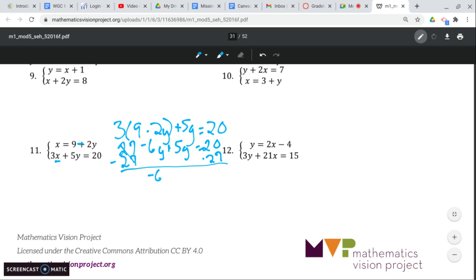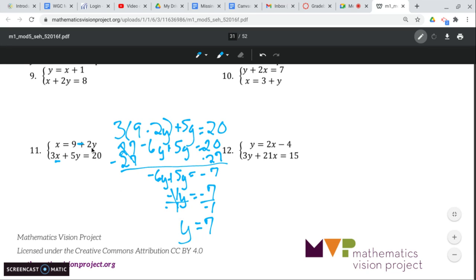So we have negative 6y plus 5y equals 20 minus 27, which is negative 7. Negative 6 plus 5 is going to give us negative 1y equals negative 7. We can never have our variable be negative for our solution, so we divide by negative 1, so y is 7. So now that we know what y is, we can come back over here to our x equals 9